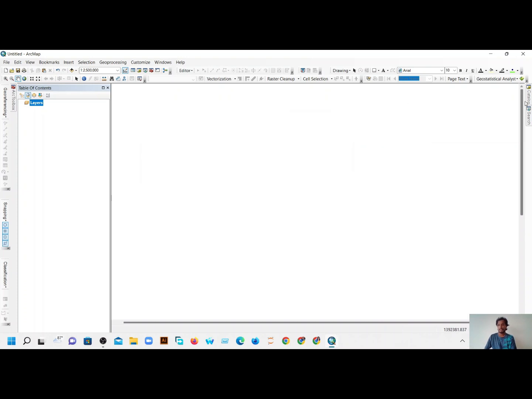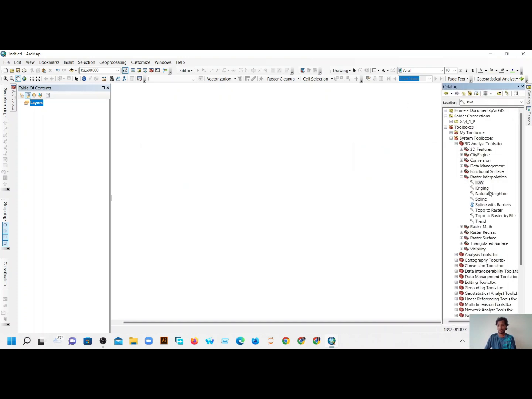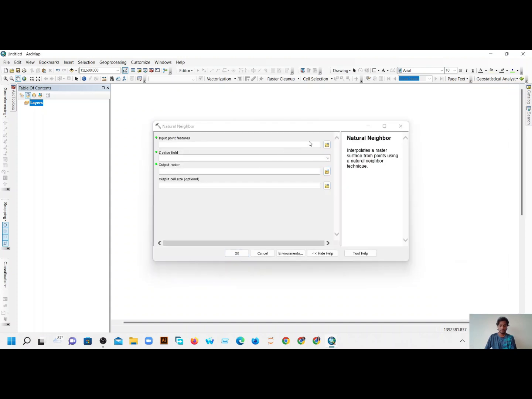Then next one is natural neighbor. So what is natural neighbor? Natural neighbor interpolation has many positive features, can be used for both interpolation and exploration, and generally works well with clustered scatter points. Another weighted average method, the basic equation used in natural neighbor interpolation is identical to the one used in IDW